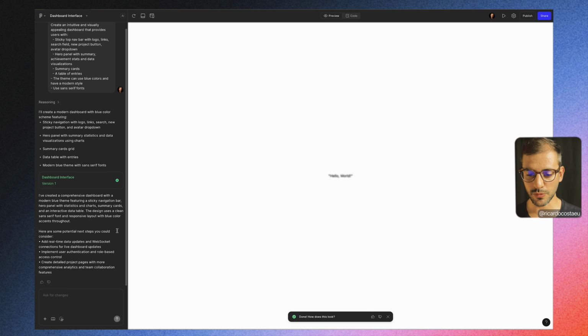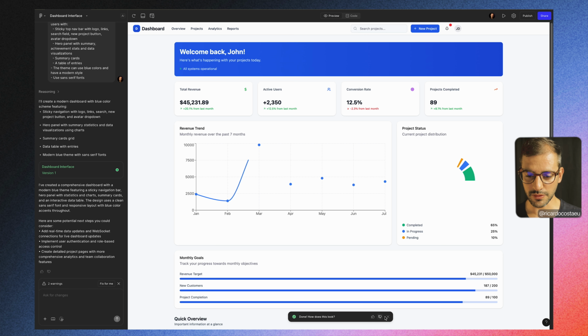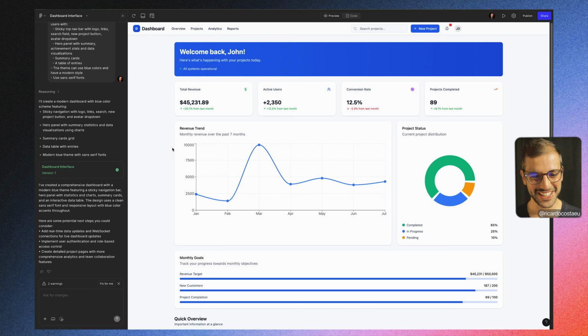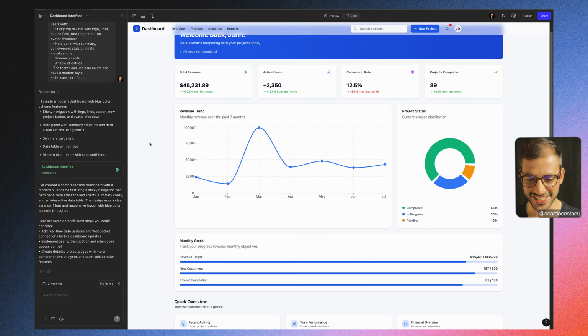Okay, so we have this white loading screen. How does this look? I don't even have it yet. Okay, so here's our dashboard, the version 1. So you have here the success hint or the positive message that the version 1 is done for this dashboard interface. And as you can see,